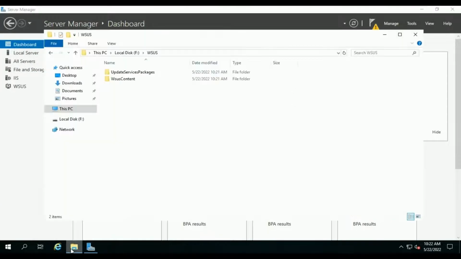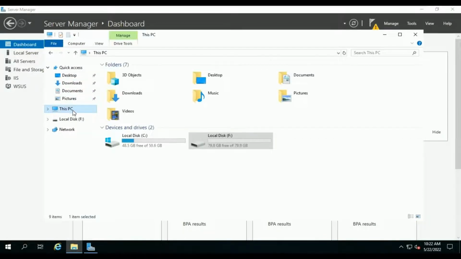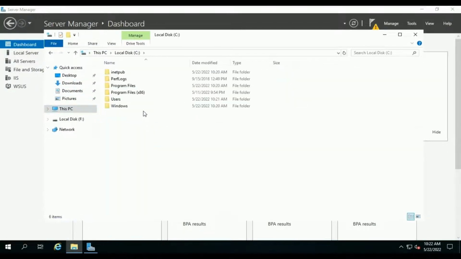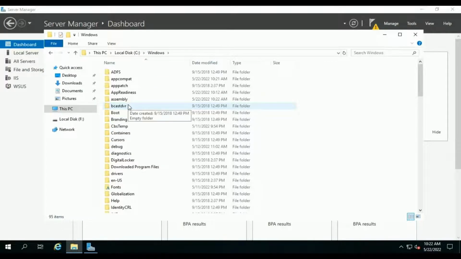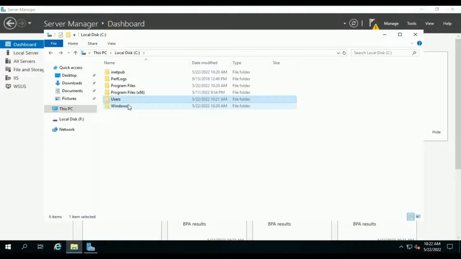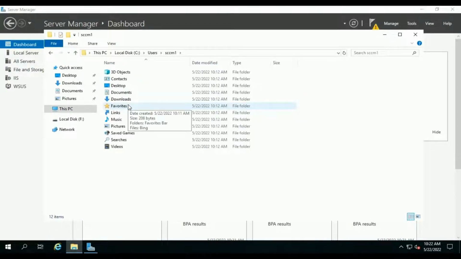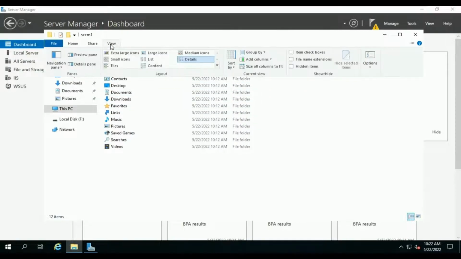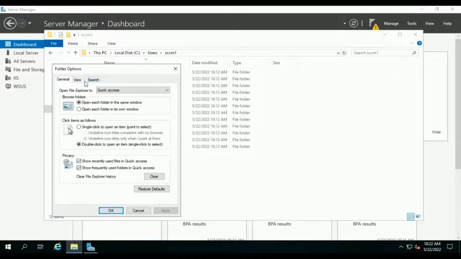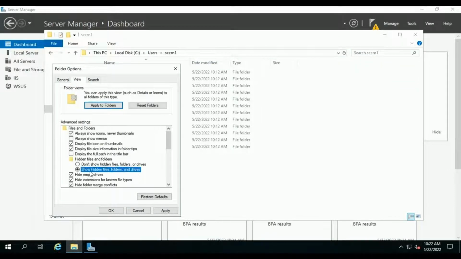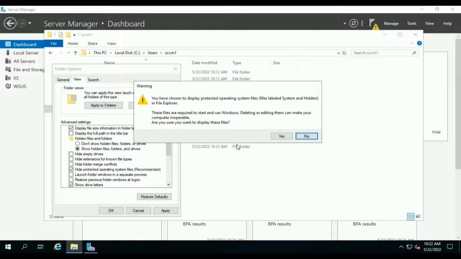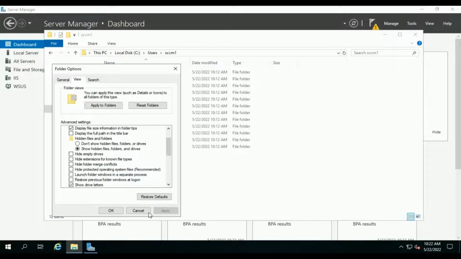Now we can find the log file under user profile, AppData, Local, Temp directory with the timestamp. Let me open. To enable the hidden files view, click on options, change settings, view, show hidden files, and click on apply.